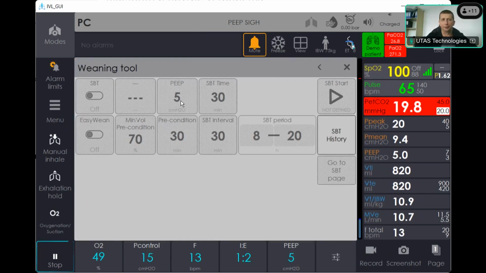weaning tool. This is an additional tool which is useful for a patient and doctor to train a patient for weaning. During the weaning procedure, you can train the patient's breathing muscles, applying specific criteria of a spontaneous breathing trial. What does it mean? Unfortunately it's not activated in my simulator, but by activating the spontaneous breathing trial, the patient will get reduced settings of the ventilator, and he will need to use more work of breathing to breathe on the machine